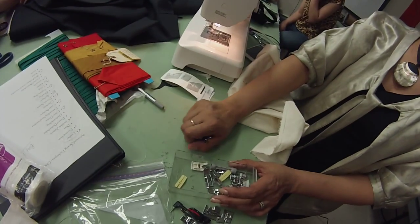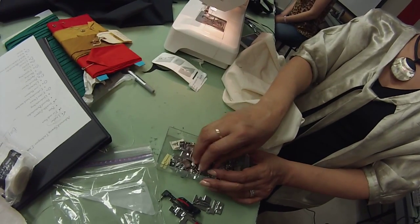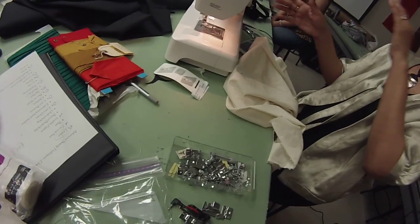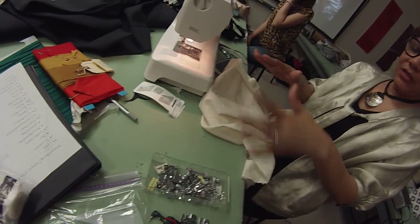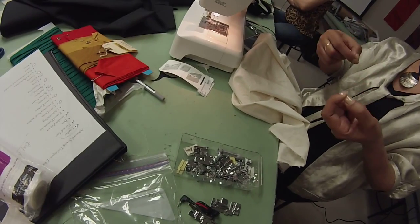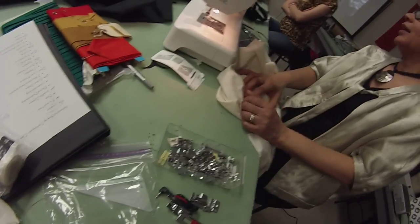And you've got to get a machine, and when you buy a machine, you commit to it. I committed to Viking. And the reason I committed to Viking here at AI was because I had all these feet at home. And I knew if someone needed something really specialty, I could bring a foot, it would fit the machine, and I'd take it back home. And that way we don't have